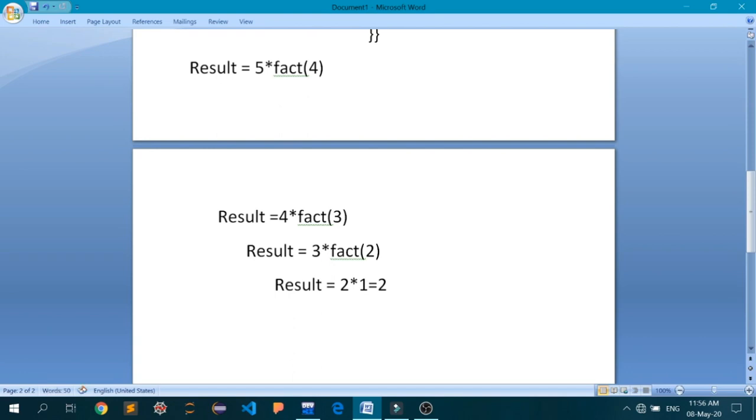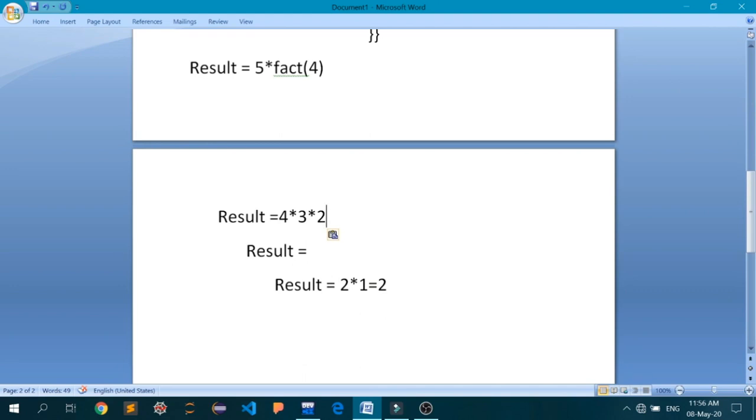The result is 2. Now this 2 is the result calculated by fact 2, so I'll replace this fact 2 with 2. Okay, now fact 3 has actually calculated this number, so I'll replace fact 3 now with this.